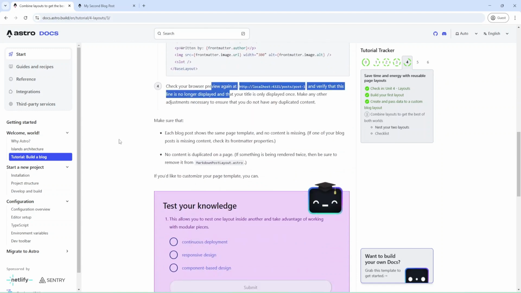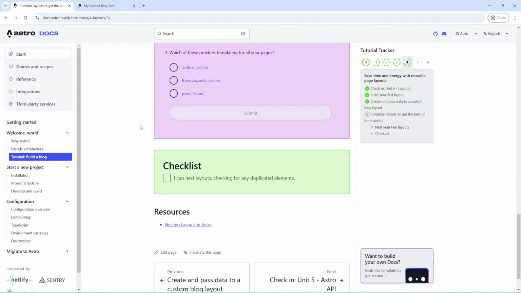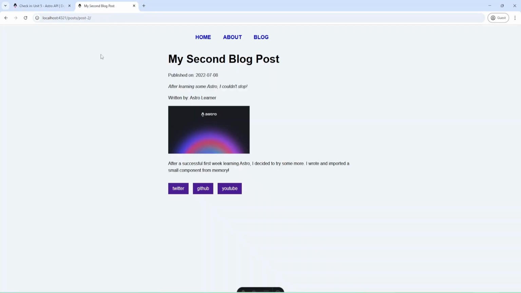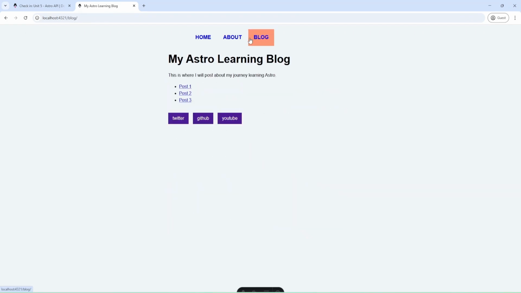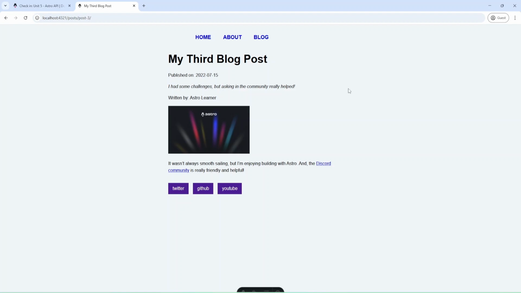We checked it in our browser, and it looks like we added layouts and combined them. Let me refresh the page, go to home, about, blog, check post 1, post 2, and post 3. Everything looks good so far, and that's all that I had for today.